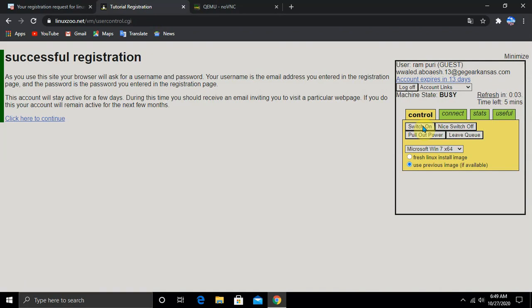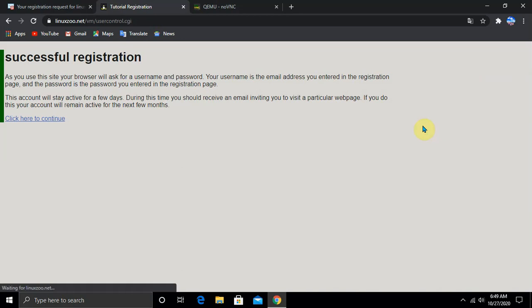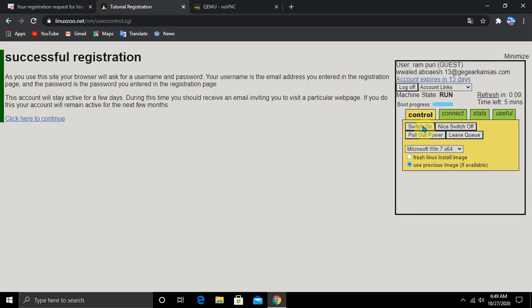Wait for a while, and then you will see Windows 7 64-bit. It's still going on, and you will be shocked after seeing Windows 7, because I used it when I was at my institute.